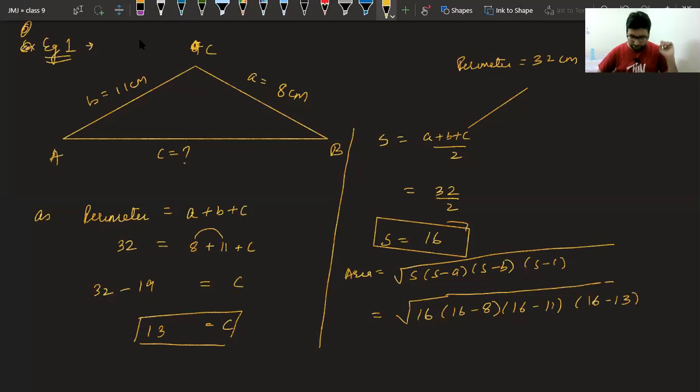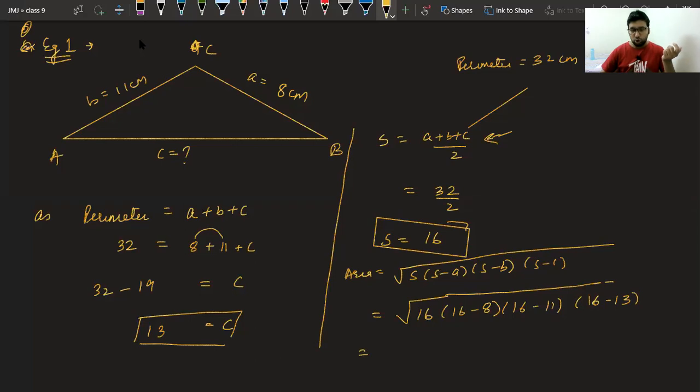When we find C, we don't have to divide by 2. No, beta. For C, you only needed the perimeter, no? Perimeter is the sum of all sides. Kamaljot, perimeter is the sum of all sides. You knew two sides. You just needed to subtract them. Okay. This is not perimeter, this is semi-perimeter, beta. Upon 2, we do here only.